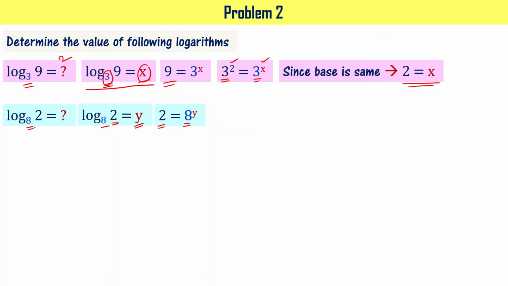So it means I can write it as 2 equal to 2 cube, that is equal to 8, to the power y. We know that a power m whole power n is going to be a power mn, right? For that reason, I can write it as 2 power 3y. Now look at this. I have 2 here. I have here 2 power 3y. Since the base is same, let me equate the exponents. That is going to be 1 equal to 3y.